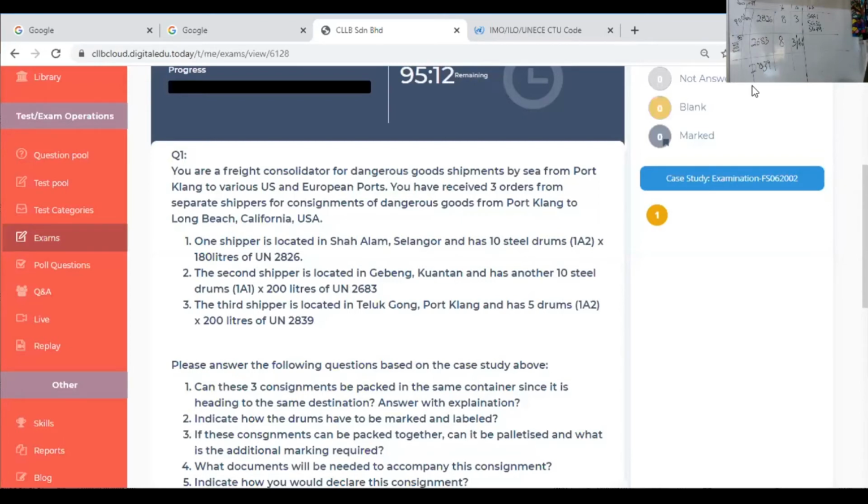2826 was a PG2 as well. This is also a PG2. And 7A for 2683 is 1 liter. Then we go to 2839, and 2839